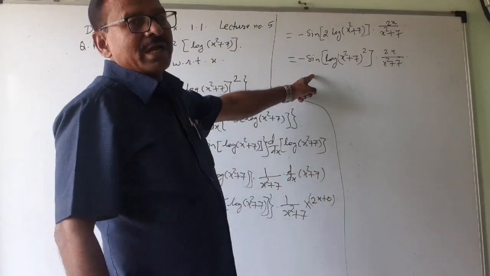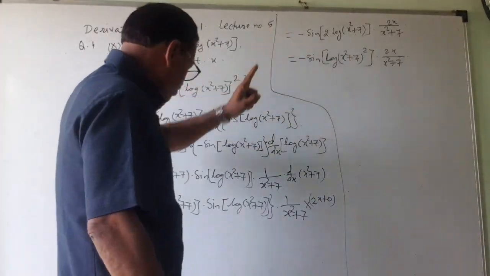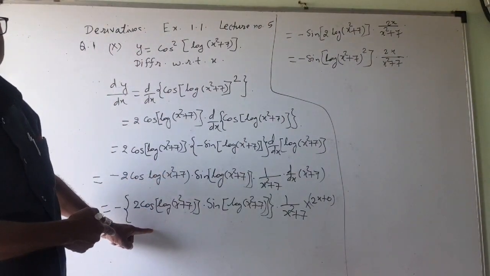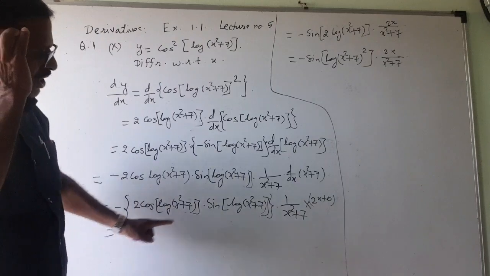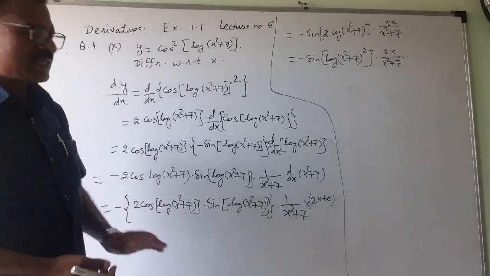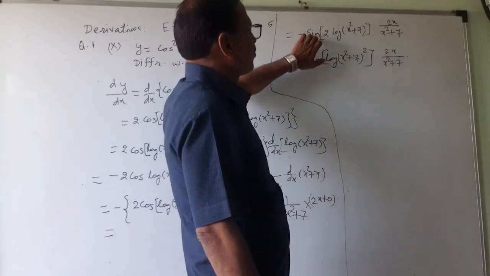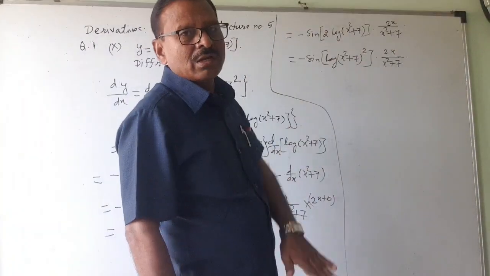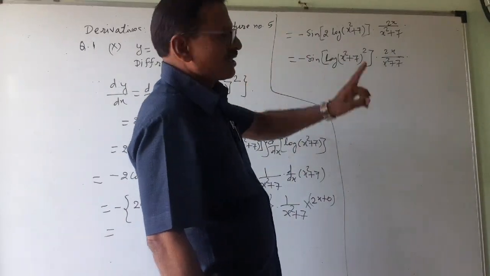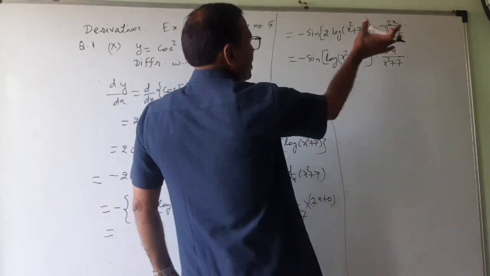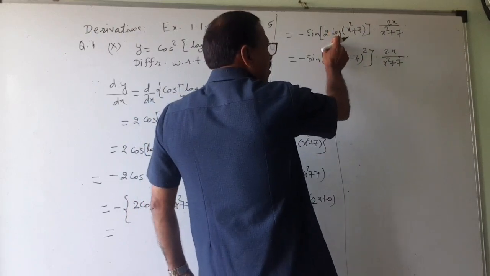This would be the answer. But stopping over here is suicide. Don't stop here. See it. If they ask to prove that, then it's okay. But they will never ask this question as a prove-that. This is a 3 marks question. And generally this question is asked in the competitive examinations. Remember this. And the answer would be in this form, not in this form.